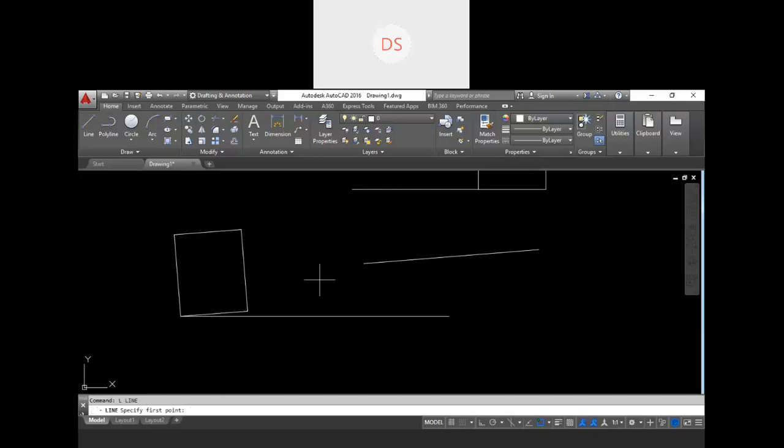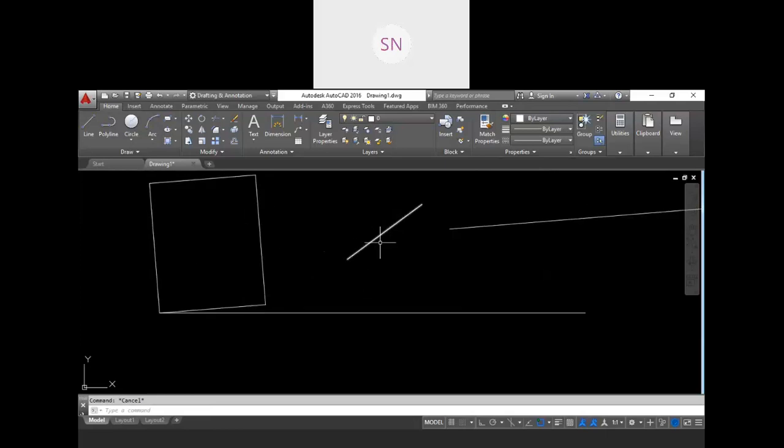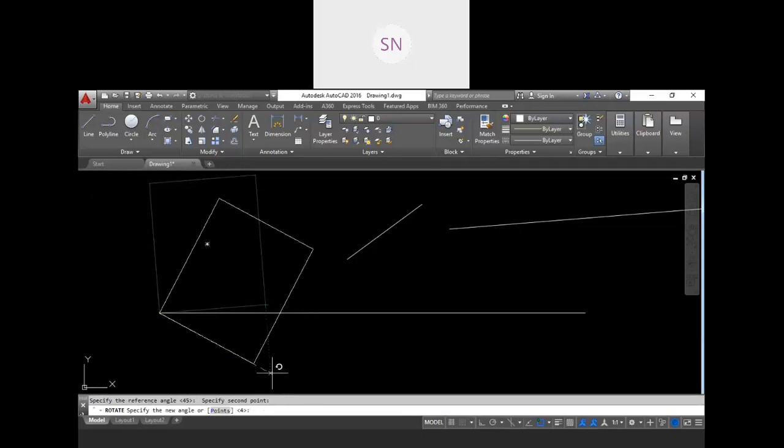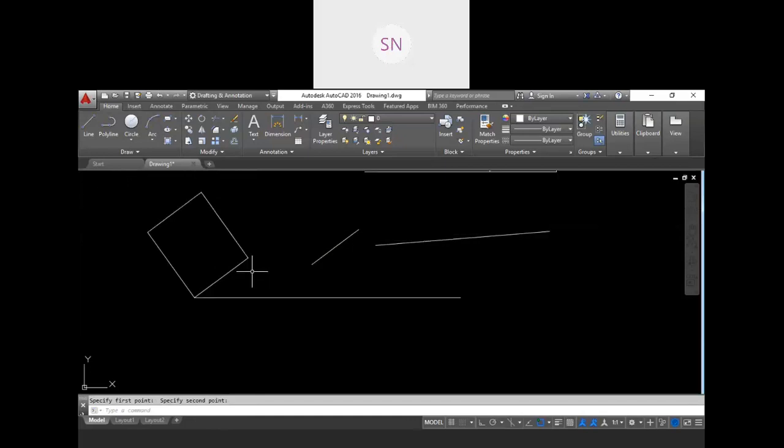Clear? Again I am repeating. For example, this is a line, and I want this rectangle at this angle, and I don't know this angle. So rotate, enter, select, enter, base point, then provide the reference, then specify these 2 points which you want to compare, then choose the points option and choose the new angle, these 2 points. Now both are parallel, our object is rotated that much without any value.